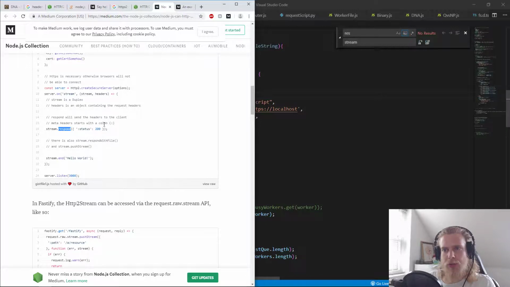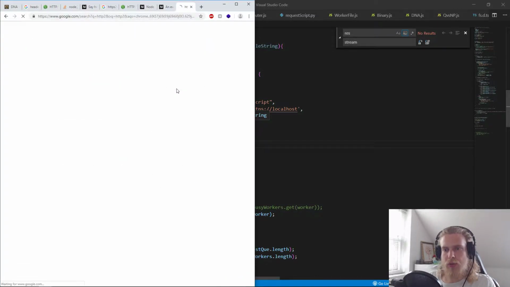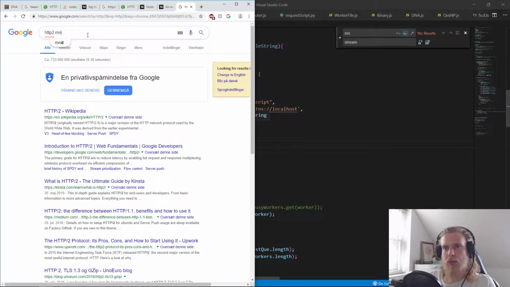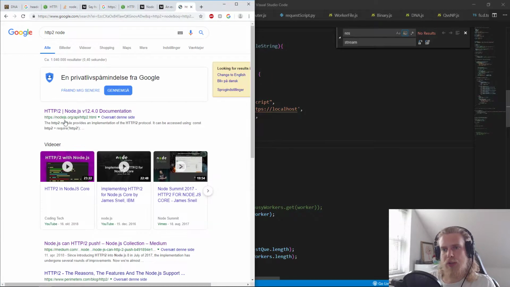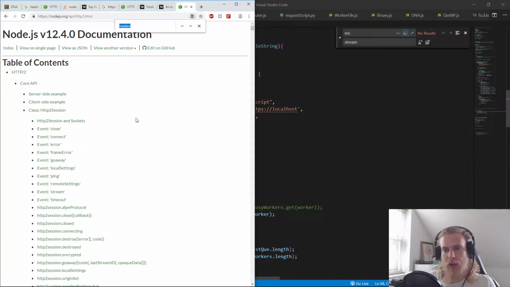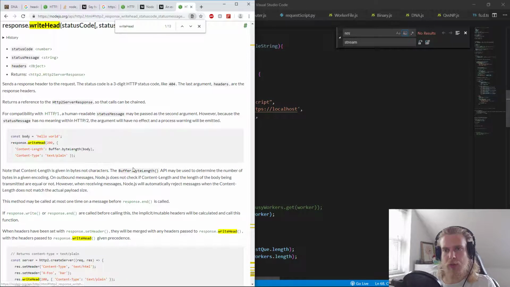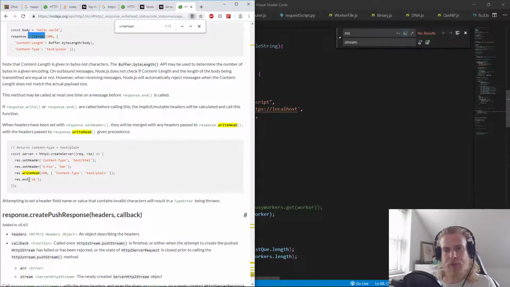Meta header starts with a colon. I don't know what meta header is. And then we send end. So I guess maybe we can figure out HTTP2, and we will figure out if it has a send header function or a write head, and then we end it later, right? HTTP2, that's it. Okay, so it does have a write head, and we can also still do